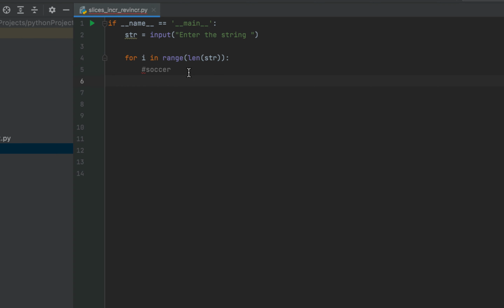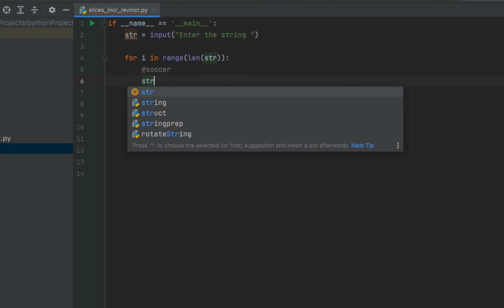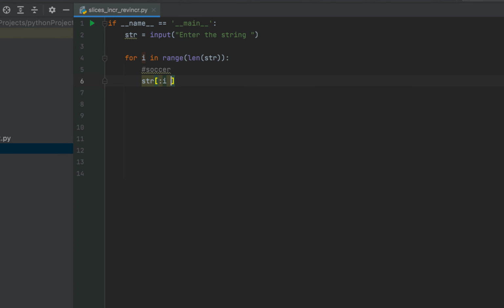For that, you will write the slicing syntax, which will be str[:i+1]. When i is 0, this will slice off the first character of the string. When i is 1, this will slice off the first two characters of the string, and so on.